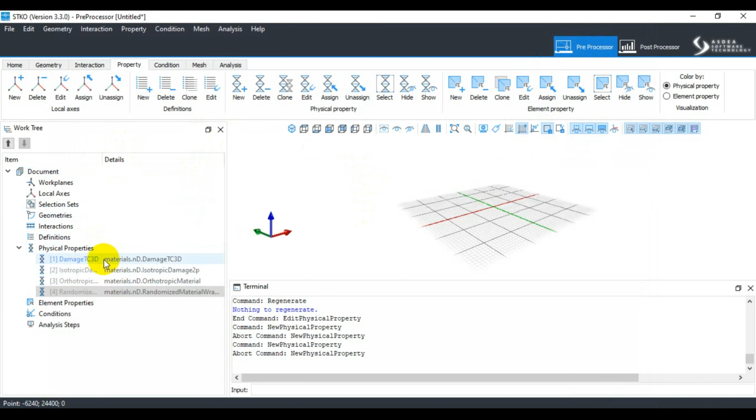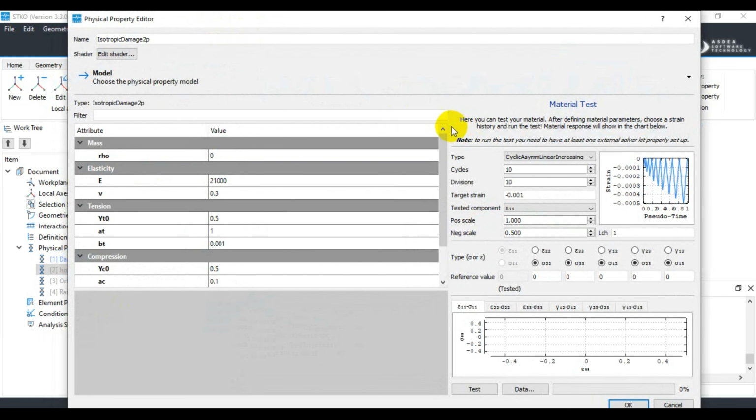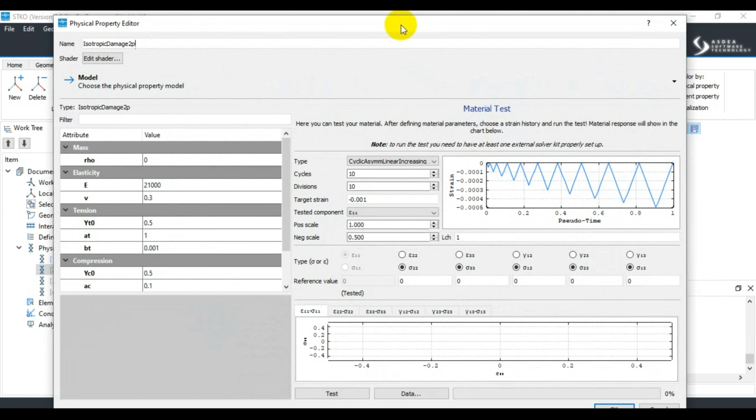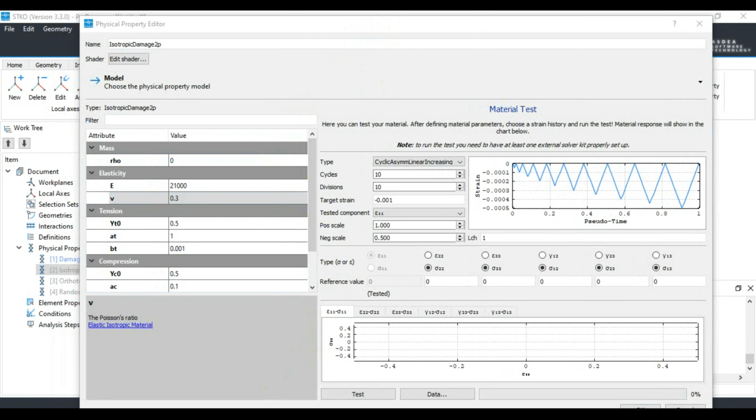In order to continue this discussion, I have this isotropic damage definition here, and let's just make it easier. If you are using the two-plane isotropic damage model, then this is the best way to consider it here. And for elastic isotropic material, I mean those materials that are isotropic and have the same deformation in all three directions. For example, if